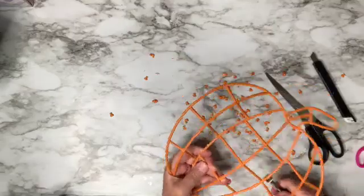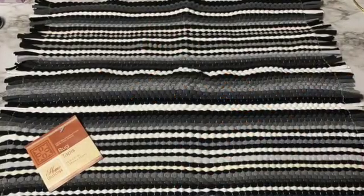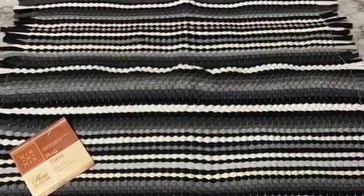And now here you'll see I'm just going back and getting some of those little edges that didn't come off the first time. And then they're just teeny little pieces left that I just clipped right off. Now I'm going to take this rug from Dollar Tree